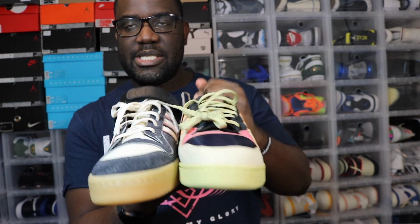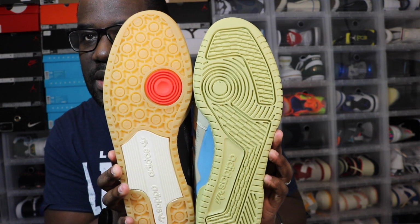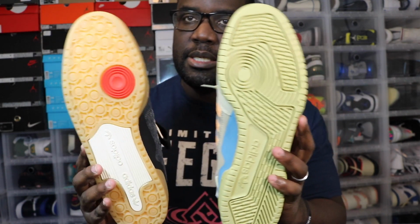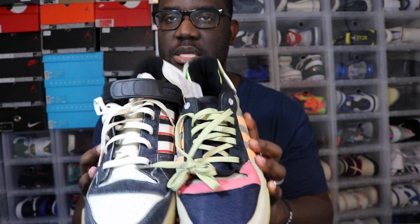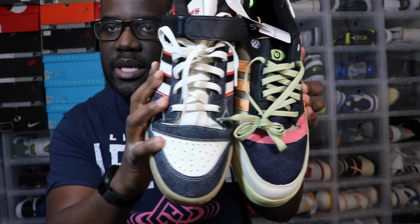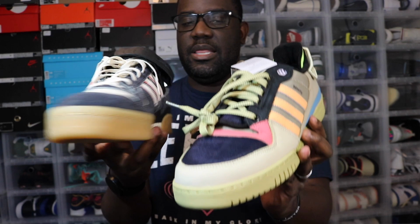Okay. So there's a slight difference in the two shoes. Look at the bottom specifically. Look at design, logo. This is a true Forum. This is what a Forum really looks like. But this is more of the power phase here. All right. And then look at the toe box area. There, perforated holes and everything in there. All right. Just about the same thickness